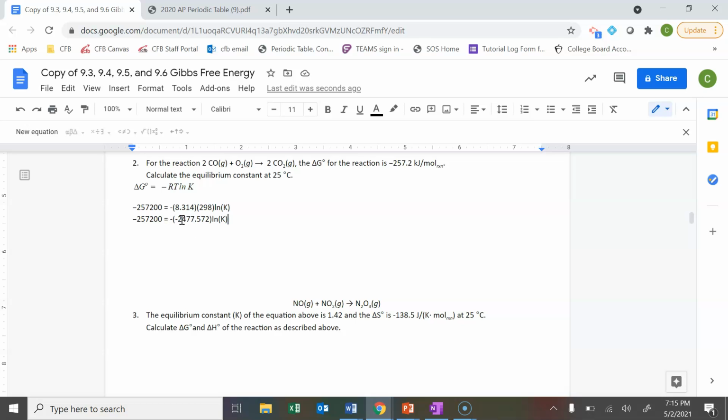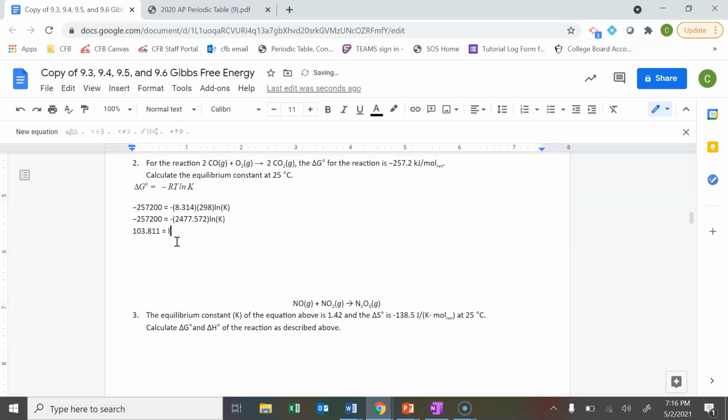Oh, and this is not negative. It's just the negative one time. So negative 257,200 divided by negative 2,477.572 gives you 103.811312, and I'm not going to write all of that,